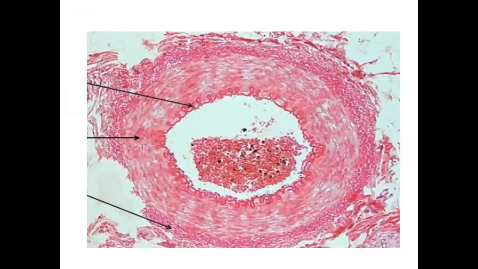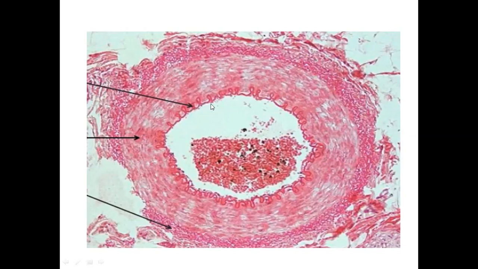Just to give you basic identification, here you have a blood vessel in cross section. Here is the lumen, and the lumen has lots of blood cells, mostly RBCs. But we are not concerned with the blood cells here; we are concerned with the three layers. If you can identify the three layers yourself by these three arrowheads, you are going good in the identification part, and you will attempt these layers quite easily in your homework sheets.